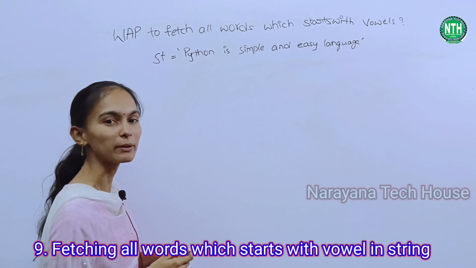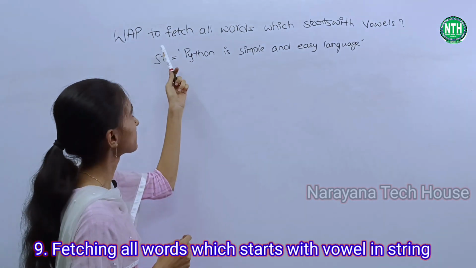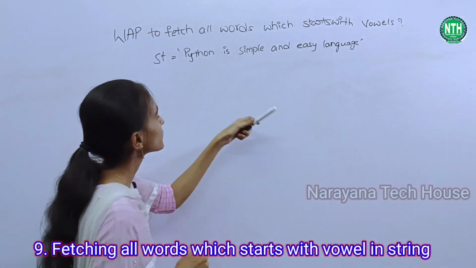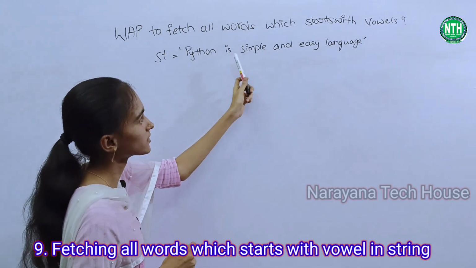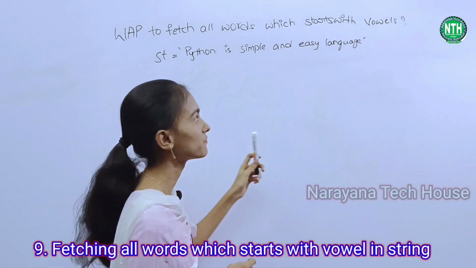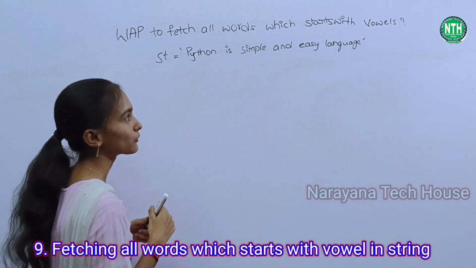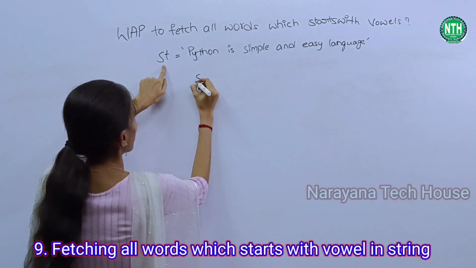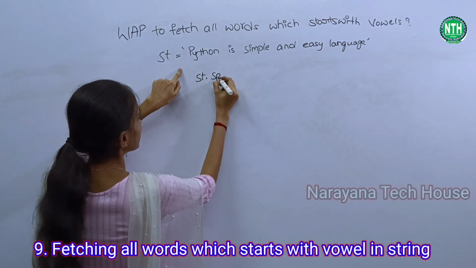Now I am explaining one Python question: write a program to fetch all words which start with vowels. My given string is "Python is simple and easy language." For this, first of all we have to split it by using the split function, so st.split